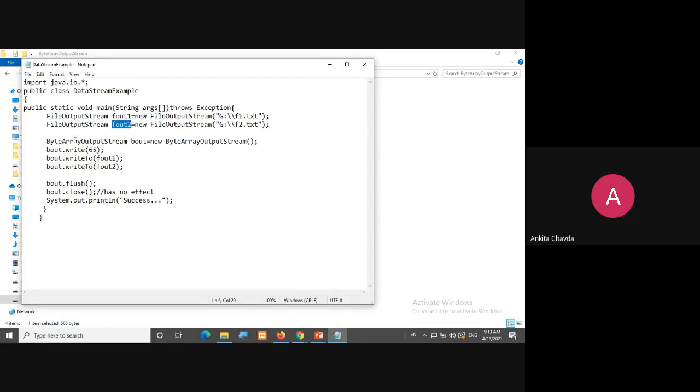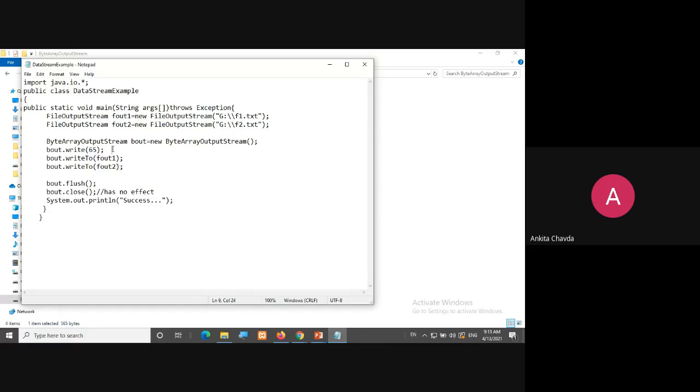Now I'm creating the object of ByteArrayOutputStream, bout equals new ByteArrayOutputStream. So simply I have created one byte array output stream. And now I'm writing data to this stream, so I'll simply write bout.write(65).